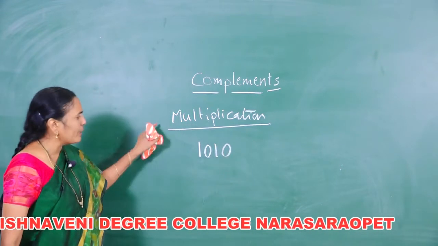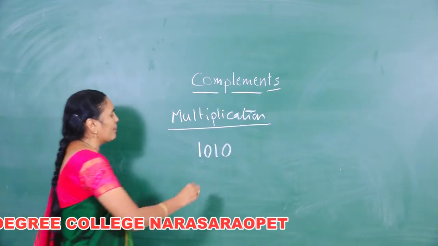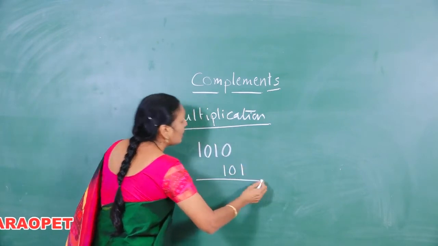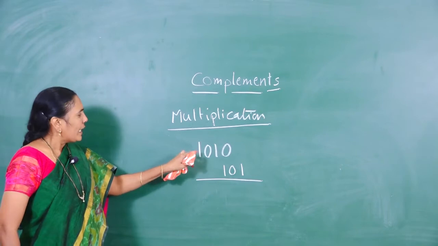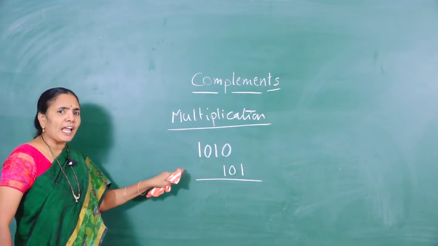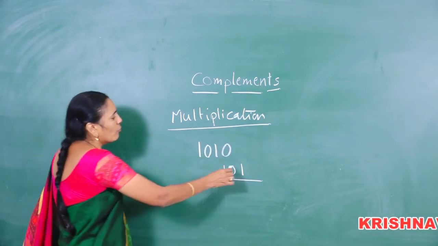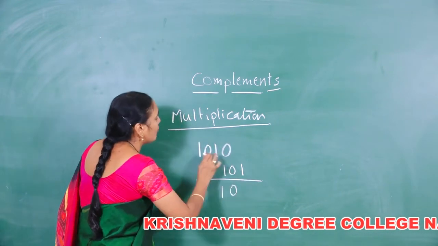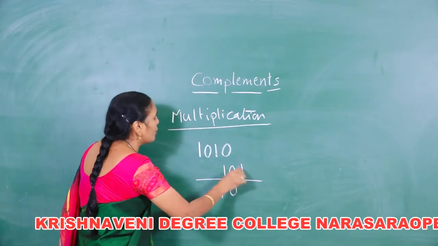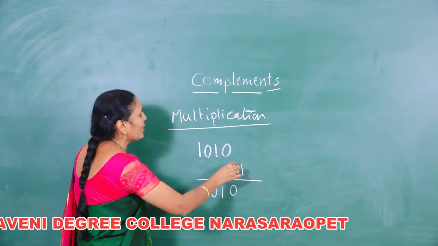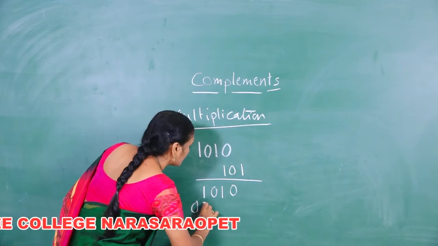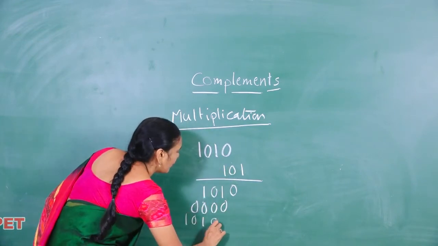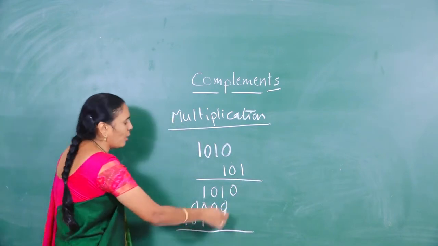For doing multiplication also we are taking the same numbers. Here we will do the multiplication as we have done in decimal. 1 multiplied with 0 is 0, 1 multiplied with 1 is 1, 1 multiplied with 0 is 0, 1 multiplied with 1 is 1 and 0, all 4 zeros. Next 1, again the same value 1010. You have to add all these